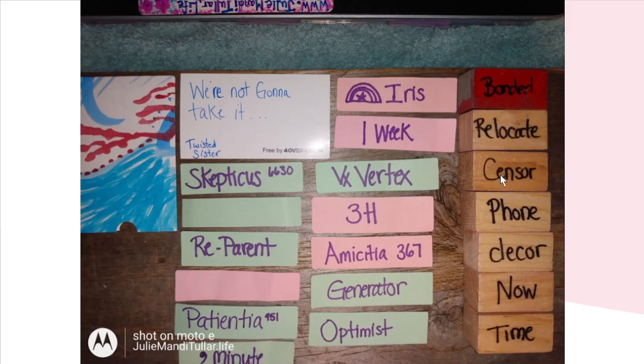We've got sensor, phone. Maybe you don't want to talk to some certain people. Maybe you're not taking certain people's phone calls anymore, right? We've got decor, like maybe you're also paying attention to what you surround yourself with and looking at clutter, removing clutter in your home, making things look prettier, doing spring cleaning, complimenting the neighbors on the nice things they have, things like that. You're breaking out of the constraints of time by loving yourself through any of those blocks